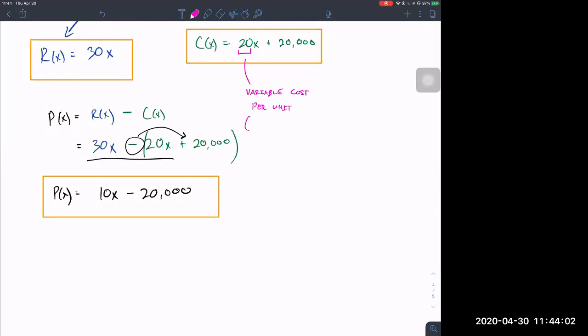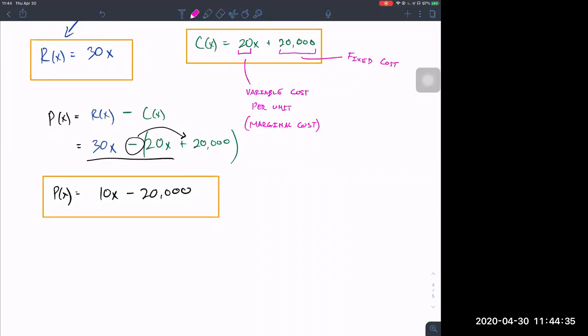We also called it the marginal cost. You must also remember that the 20,000 is the fixed costs. So these answers, when they ask you what's the variable cost per unit and what's the fixed cost, you have to realize that it involves the cost function, and